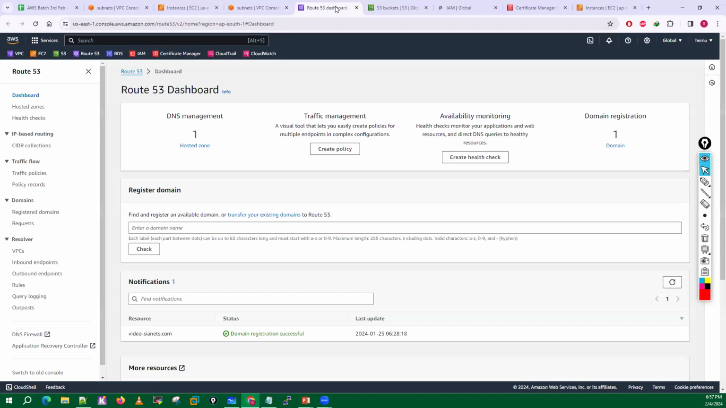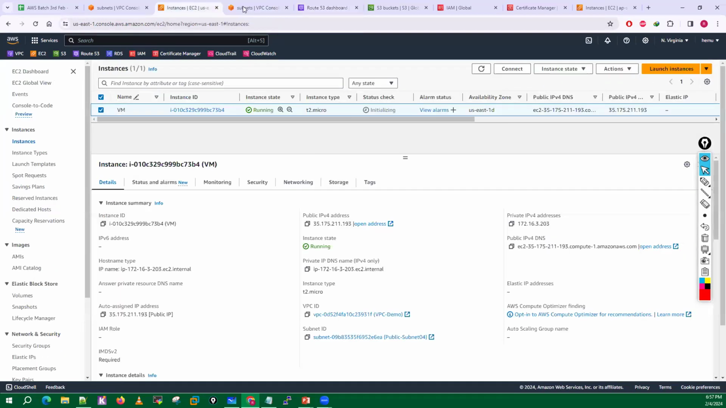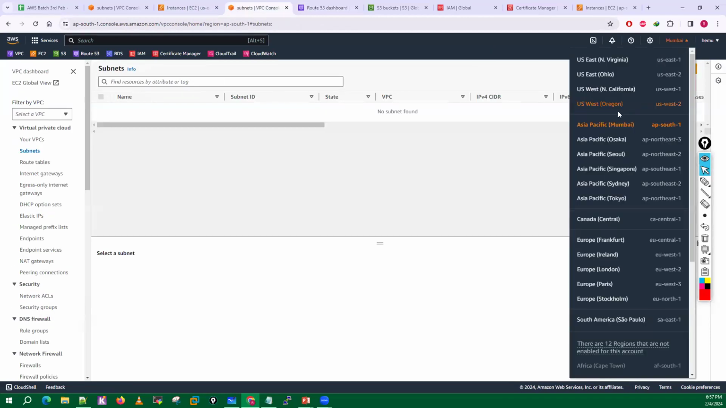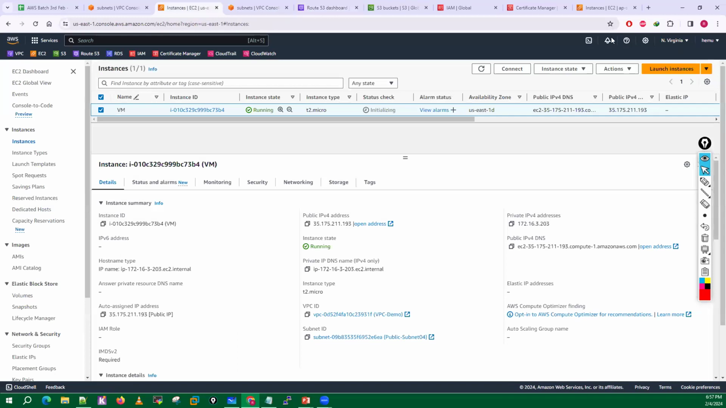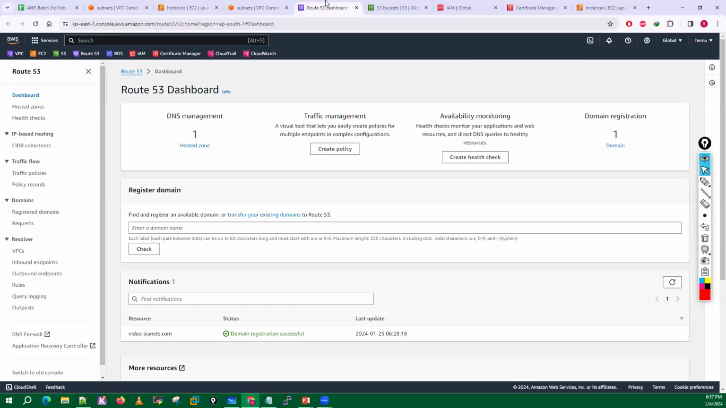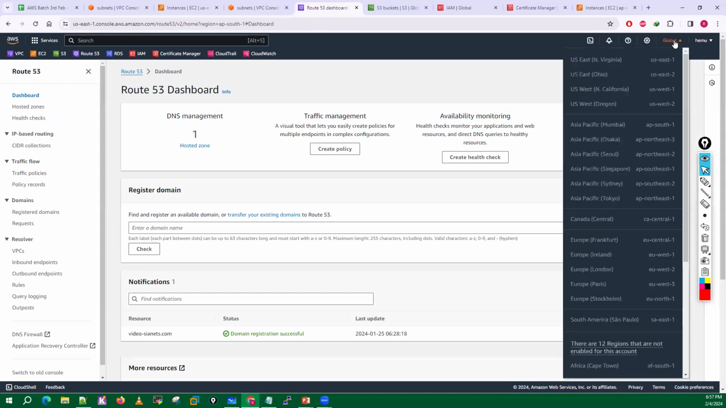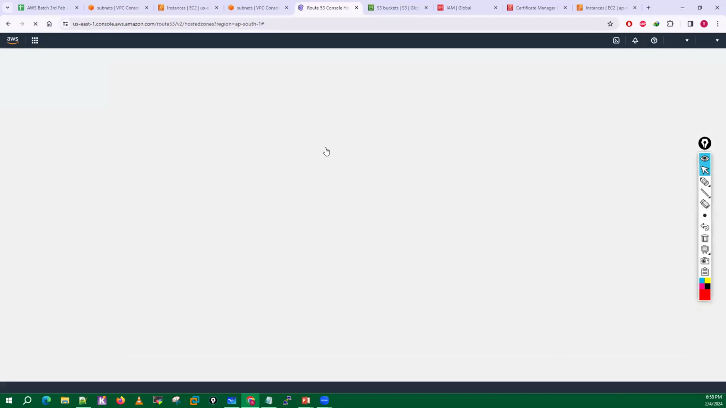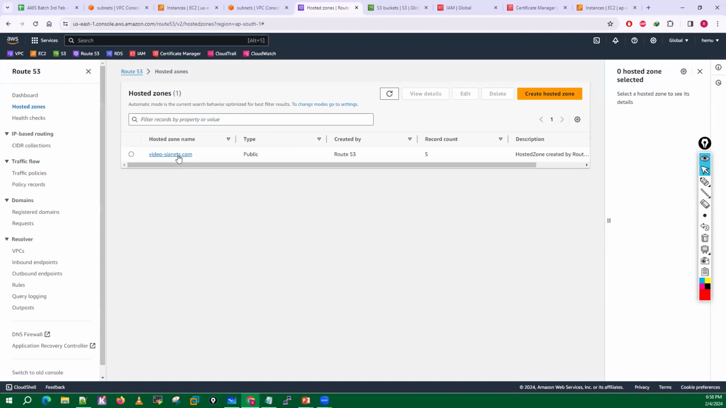Now, when you open this Route 53 service, when you saw the service for EC2 or VPC and all, what were we able to see? We are able to see this region tab. We are able to see these regions. But for Route 53, are you able to see any region? It's global, right? Means whatever DNS record I create inside this Route 53,